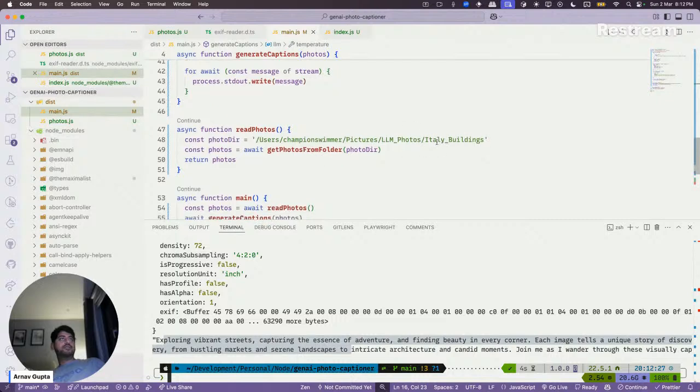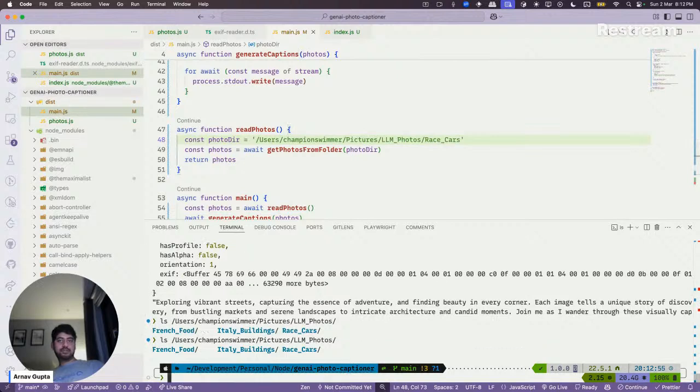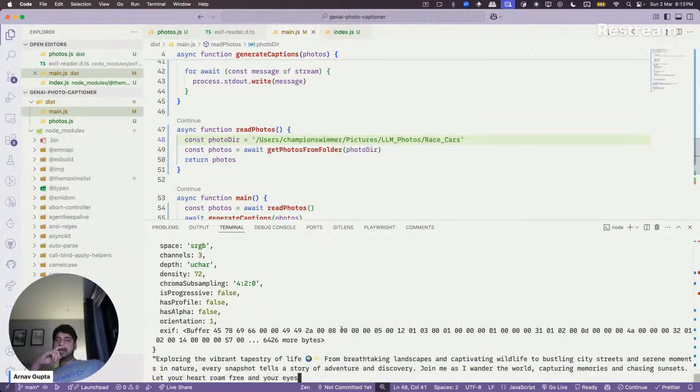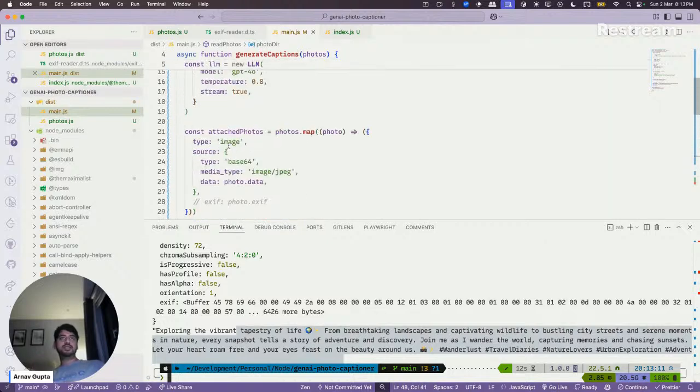If I change it to the food ones, does it work better? I think I have some race cars ones. Let's see if there's any change. It's a bit costly to also try it out on prod like this, whether the base64 are not going. Every one of these requests is taking some cents. Yeah, this is wrong, definitely. So I'm sure the images are not actually going.